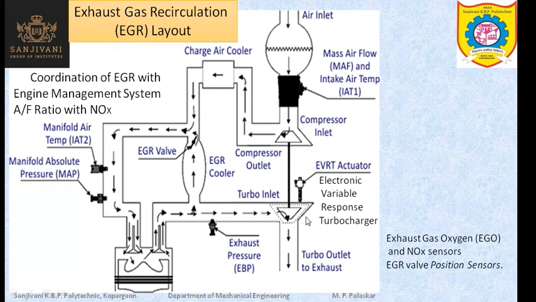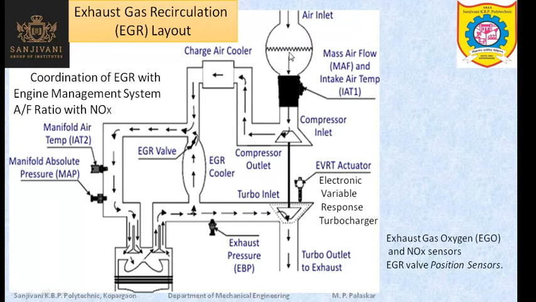So this is the layout of the exhaust gas recirculation, that is the EGR layout, but this also combines the turbocharger with it. So you can see that this is the engine and this is the inlet valve, this is the exhaust valve. The exhaust gases leave the engine and the major portion of the exhaust gas will go to the turbocharger and leave and go to the atmosphere here like this. This is the turbine. So the major portion of the exhaust gases will run the turbine. They will give their energy to the turbine.